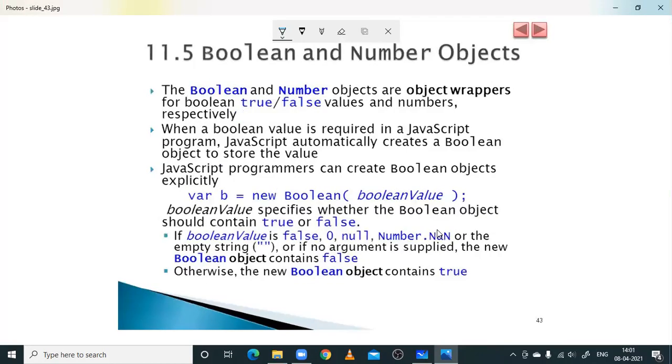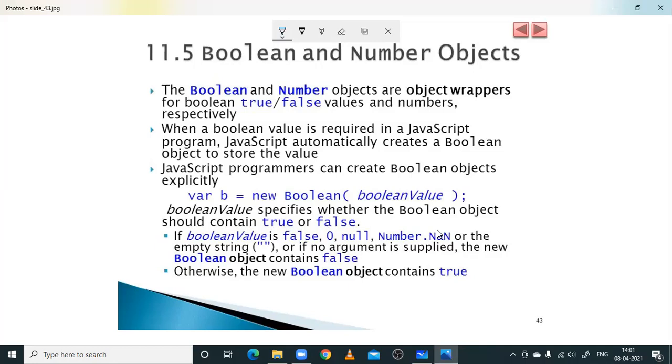That is Boolean, I think. Yeah, Boolean and number objects. The last. So these are the two objects. We can also call them wrappers. Do you come across any concept like wrapper classes or wrapper objects in Java? In Java, we have wrapper classes, that is, we are converting the basic data types into objects. So here, the functionality of these two things is also the same, but the basic purpose will not be lost.